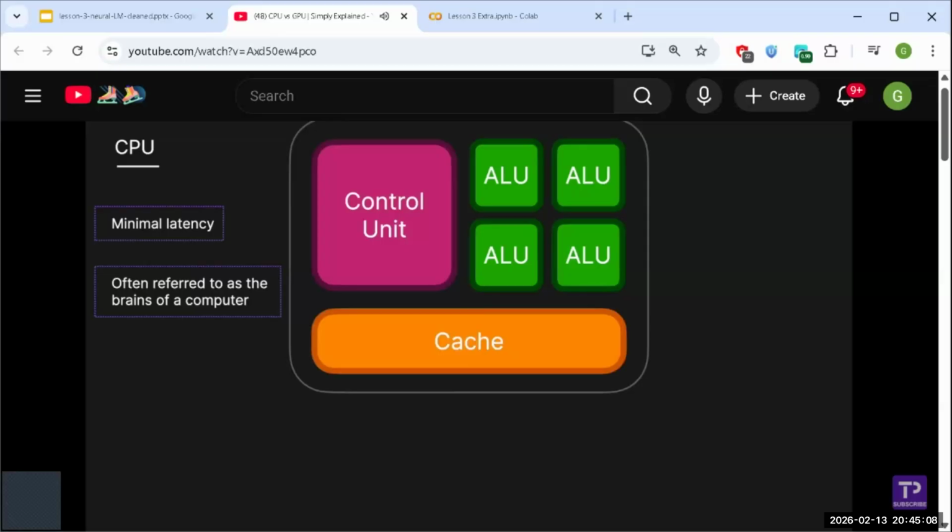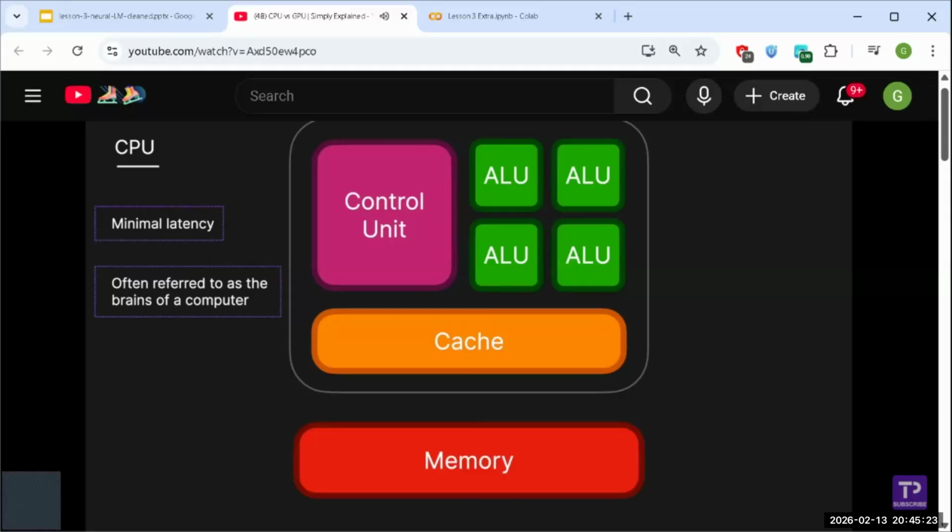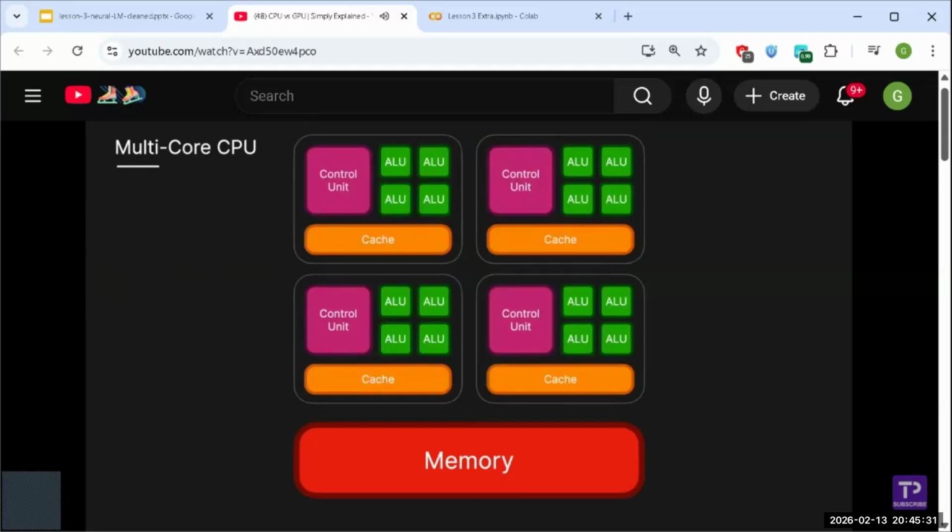The cache is a small-sized type of volatile computer memory that provides high-speed data storage and access to the CPU. It is used to temporarily store frequently accessed data instructions from the main memory, which could be RAM, like random access memory. And then we also have the memory, which is not part of the CPU, but is used to store data in the instructions that the CPU needs to access frequently while performing tasks. We also have multi-core CPUs, so many modern CPUs have many cores, and you may have heard of something like